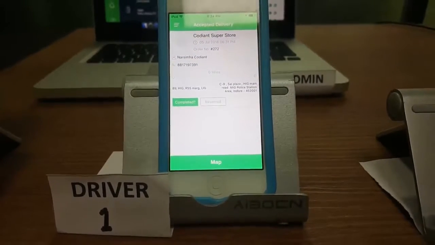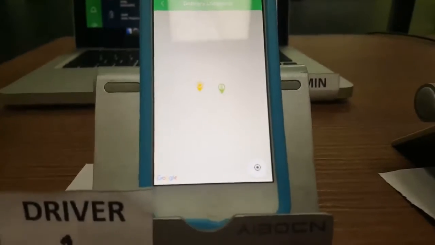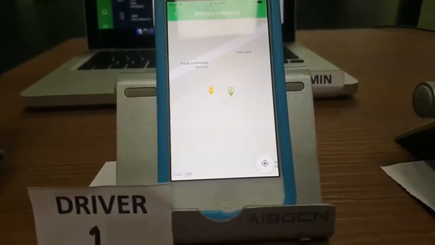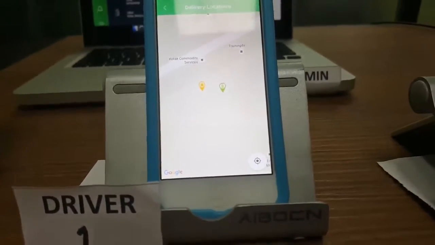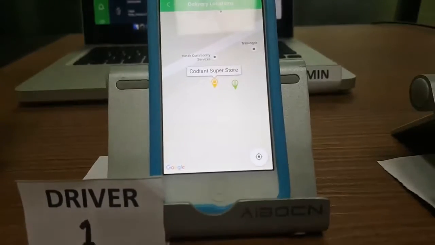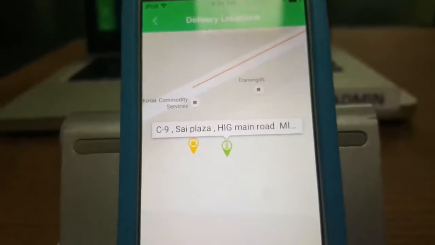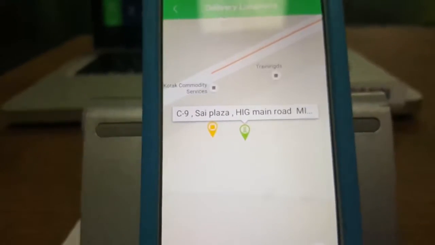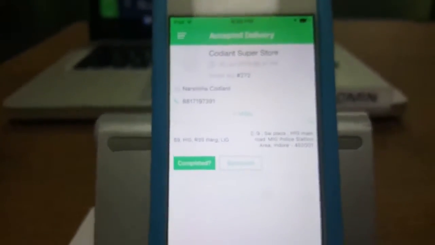And once I click on map, I can see the pins for different locations, like for store, for customer, and for driver. And when I click on one pin, I get there, you can see, this is the customer location. Okay, that's it. If I go back and I complete the order,